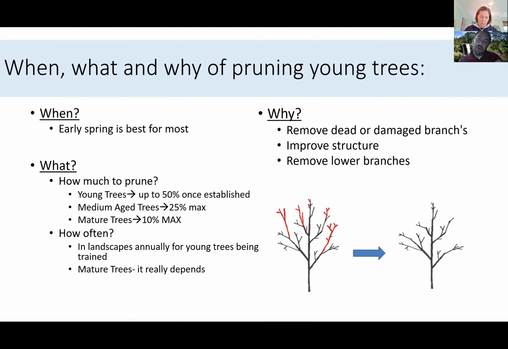Mature trees have a whole different set of objectives for pruning. Their structure is already set, so structural pruning doesn't strictly apply. You use some of its principles, but it doesn't strictly apply. We'll talk a little about pruning mature trees here in a minute. So the next slide is going to start talking about structural pruning, but I will take some questions before that.